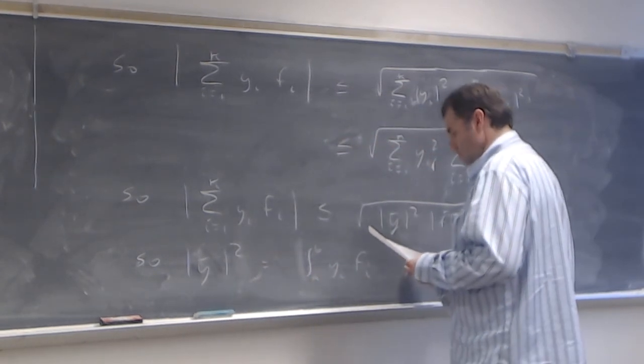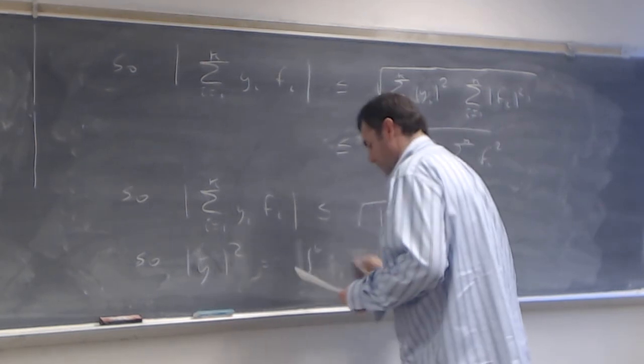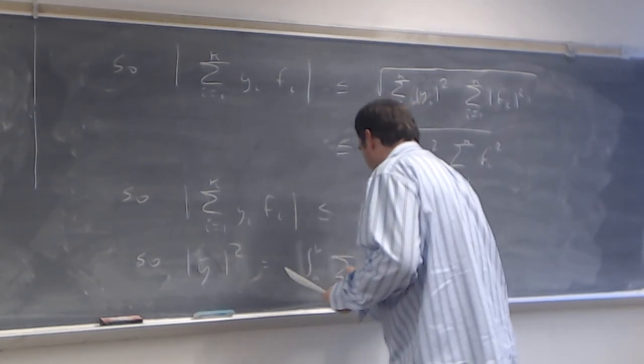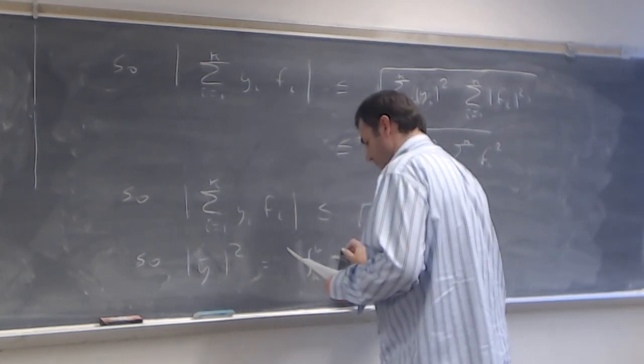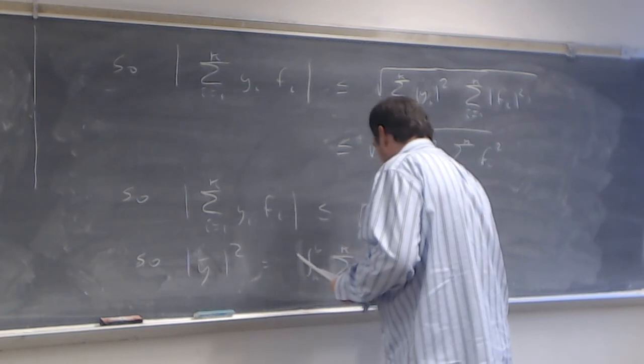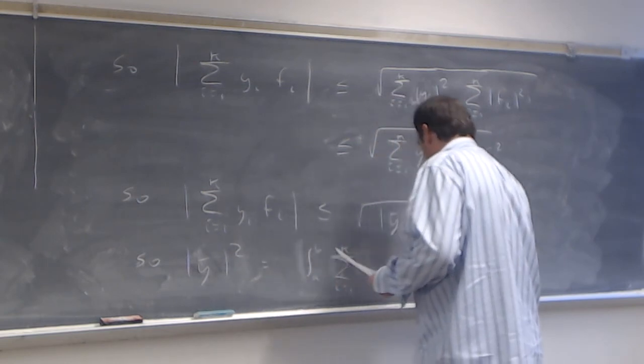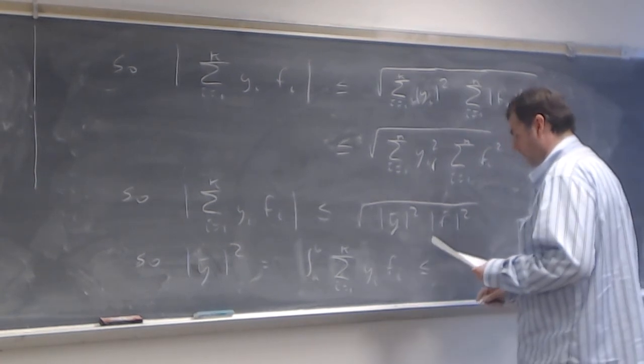Okay, I'm sorry, I made a mistake here. This integral of the sum, as i runs from 1 to k, of y sub i, f sub i, is going to be less than or equal to